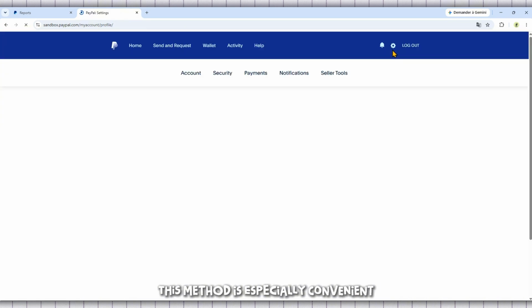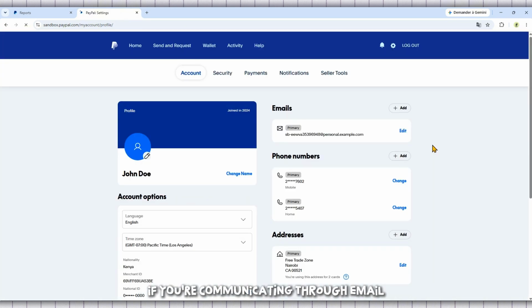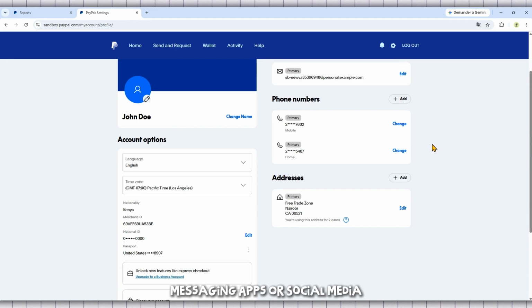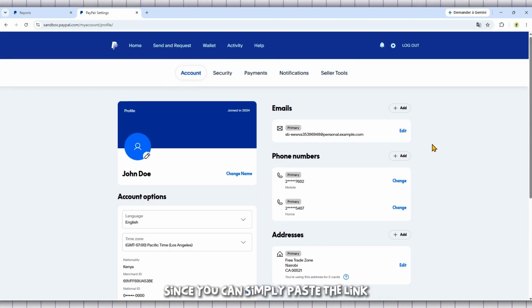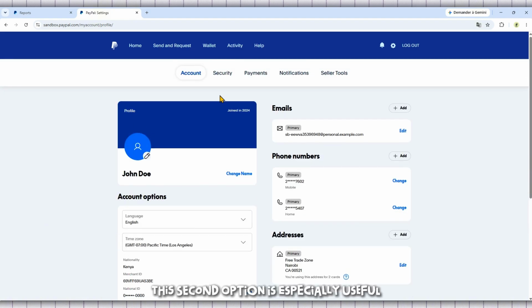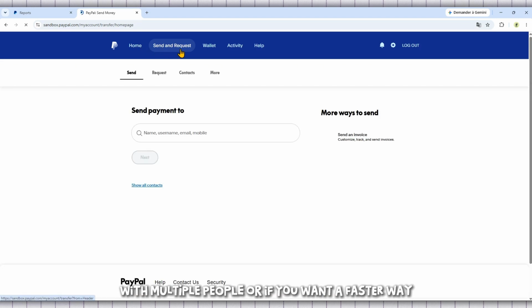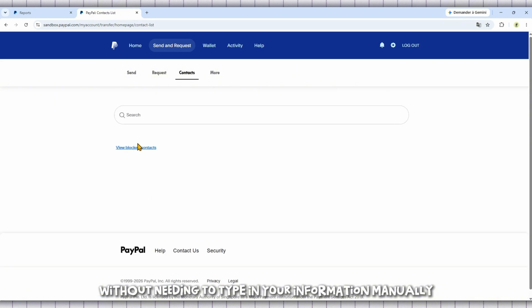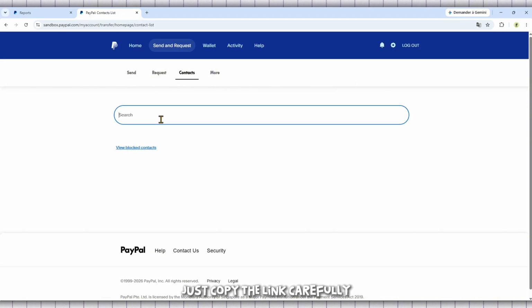more easily. This method is especially convenient if you're communicating through email, messaging apps, or social media, since you can simply paste the link instead of asking someone to search for your account. This second option is especially useful if you're sharing your payment details with multiple people, or if you want a faster way for international senders to find you without needing to type in your information manually. Just copy the link carefully and share it through whatever method works best for you. Keeping your payment link handy can also save time if you regularly receive payments from customers or clients around the